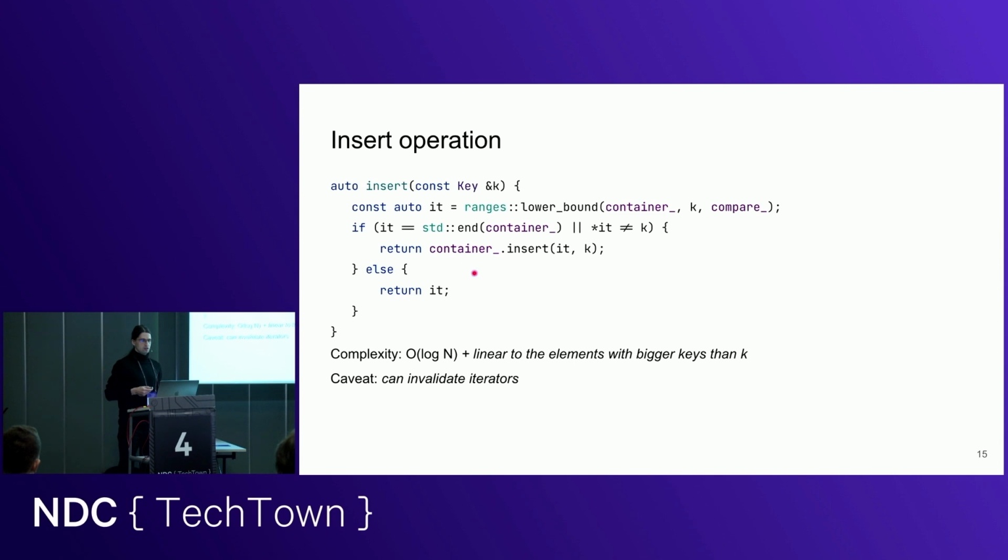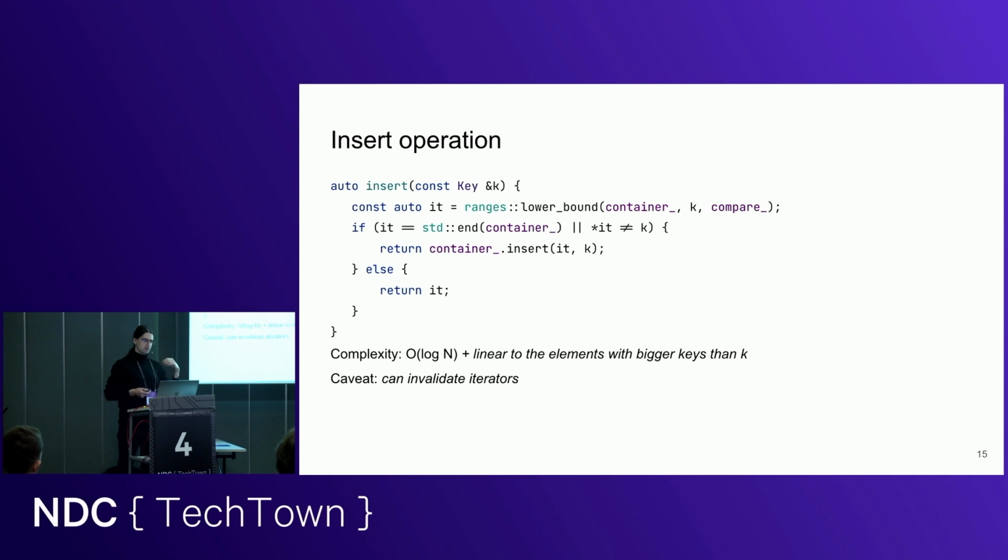Here I am cheating a little bit. I'm assuming my container has this operation to insert. So I'm having my iterator and the key to insert, and then returning what I inserted. That might potentially work for logarithmic time, but the problem here is that we need logarithmic time for lookup itself,